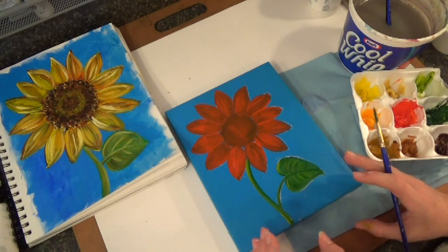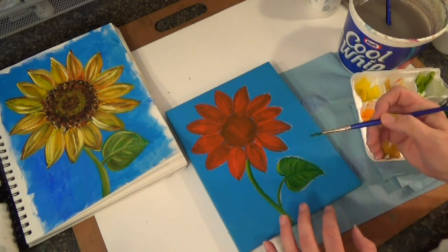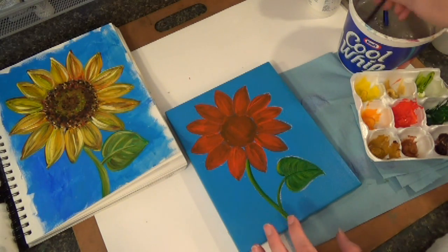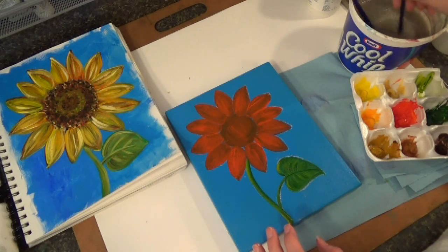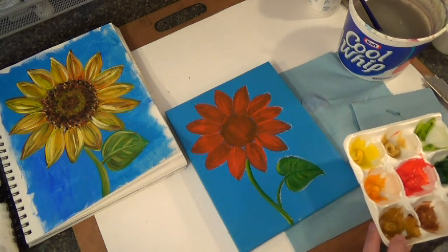Okay, I'll leave that, and I probably will go back in and put some of that lighter color in there for a highlight, but I don't want to do it right now while it's wet because it'll just make it muddy. You don't want to overblend it. Okay, so I've cleaned that brush out,